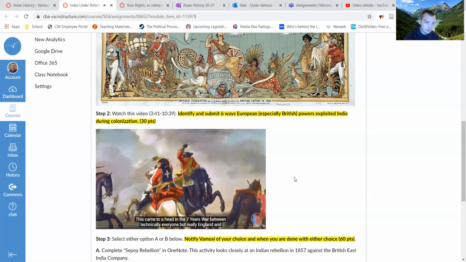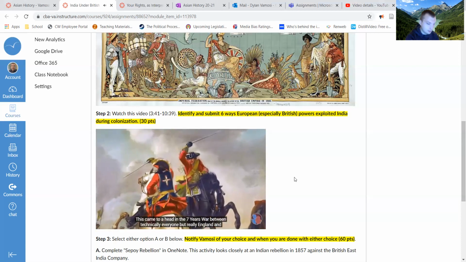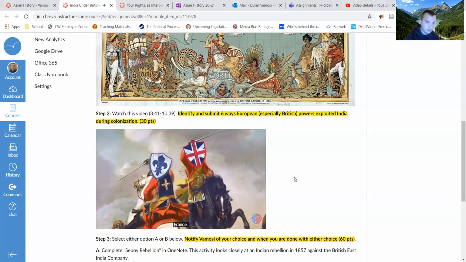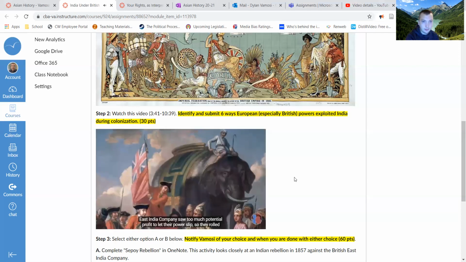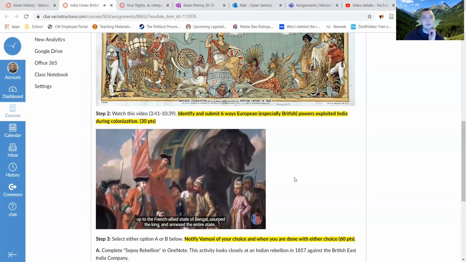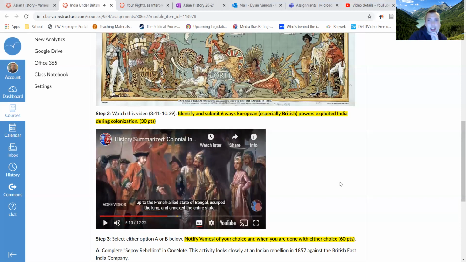This came to a head in the 7 Years' War between technically everyone, but really England and France. Despite the request of King and Parliament to not build a land empire in Asia, the British East India Company saw too much potential profit to let their power slip. So they rolled up to the French allied state of Bengal, usurped the king, and annexed